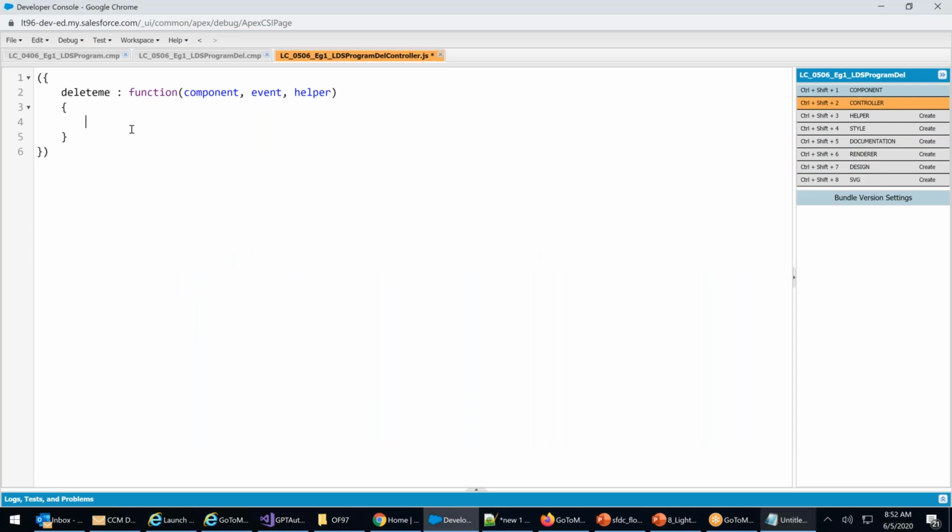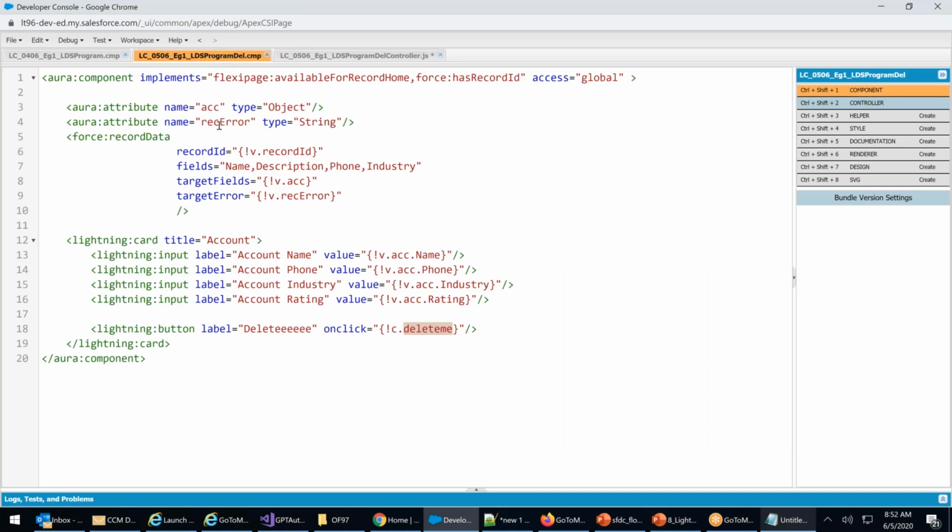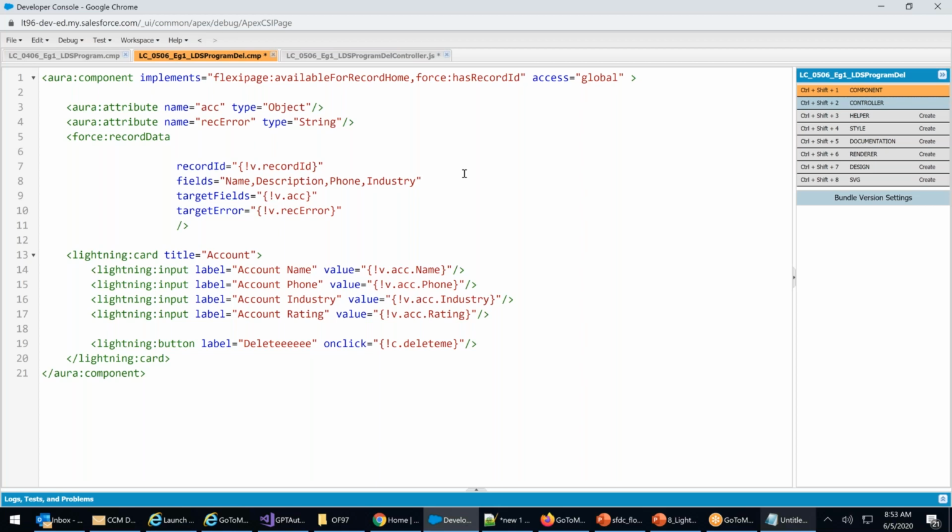Control C, Control V. component.find. Here, I have to have an Aura ID. If I don't have an Aura ID, then I cannot find this. Whenever you are using LDS programming, you have to have an Aura ID.